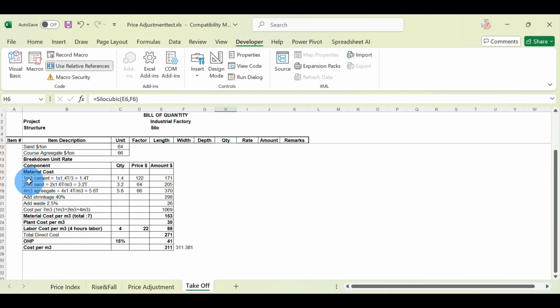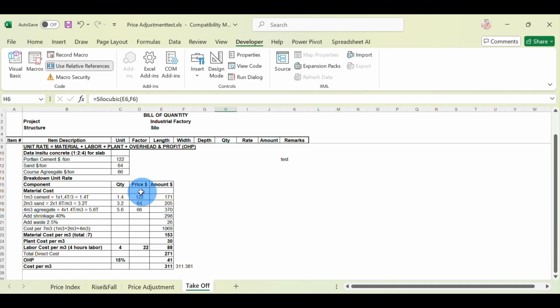So 1 is equal to 1/4 ton for each cubic meter of cement. So I put the quantity for 1 cubic meter of cement as 1/4, and the price 122 here. You can see I put it here. Similarly for sand,